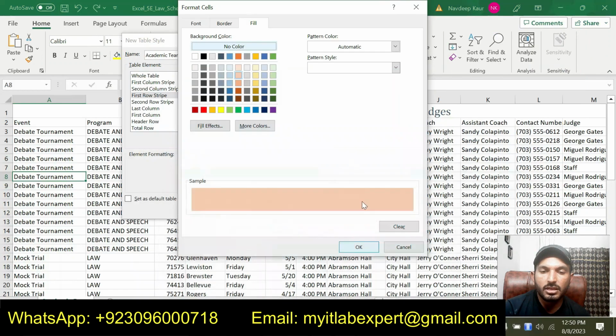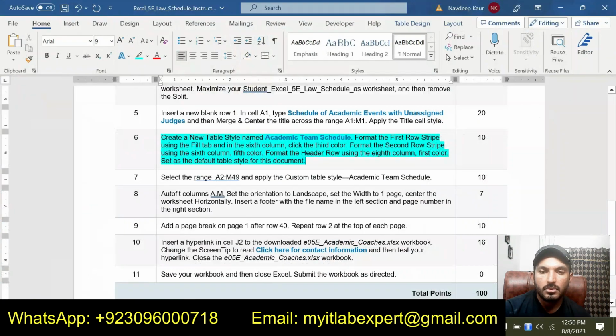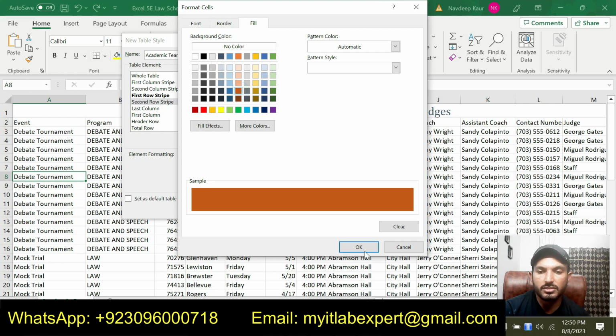Format the second row stripe using the sixth column, fifth color. Sixth column: one, two, three, four, five. Fifth color, this one.